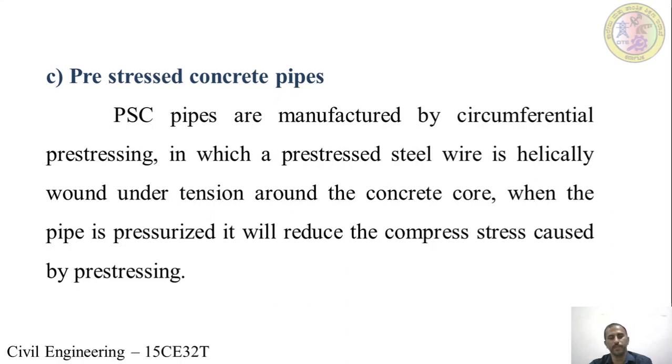Effective length of these pipes is about 2.5 to 6 meter. It is preferred to have a length of 2 meter, 2.5 meter, 4 meter, 5 meter and 6 meter. For pre-stressed concrete pipes of diameter less than 300 mm, it is preferred to have an effective length of 3 meter. The cement used for manufacturing these pipes are 43 grade OPC, 53 grade OPC, Portland slag cement, sulfate resisting cement,